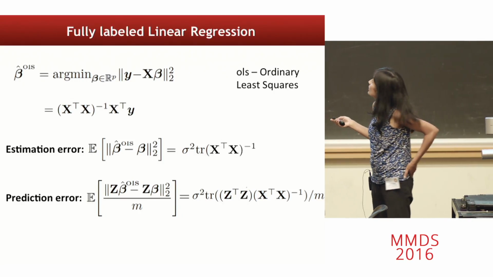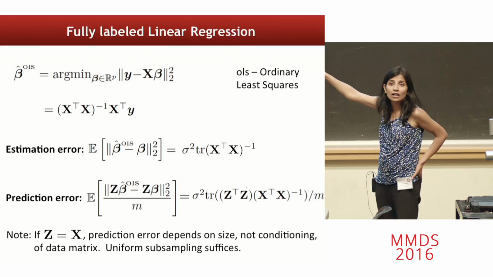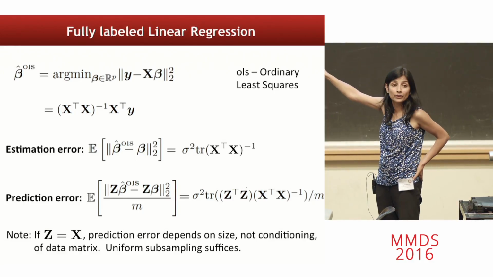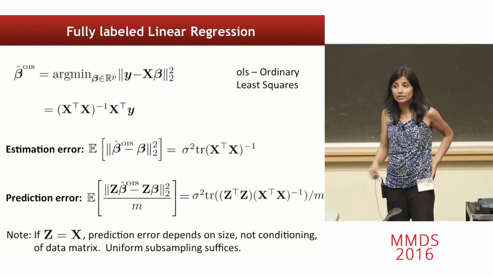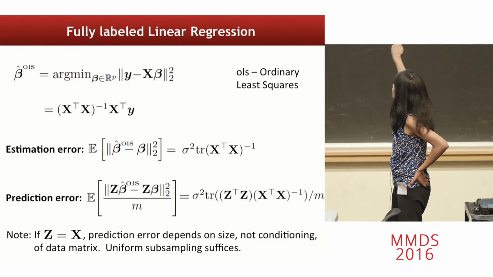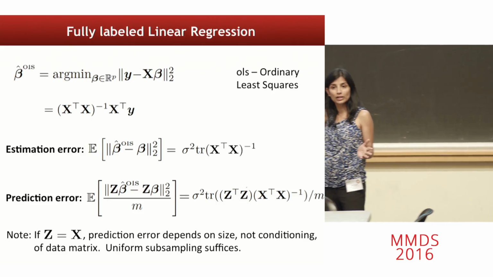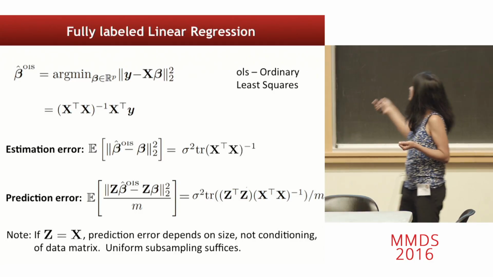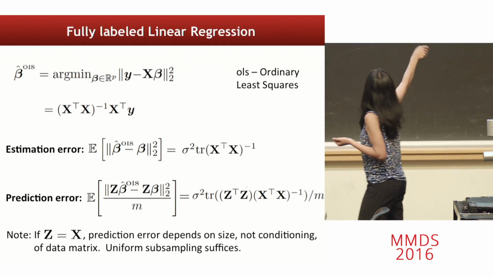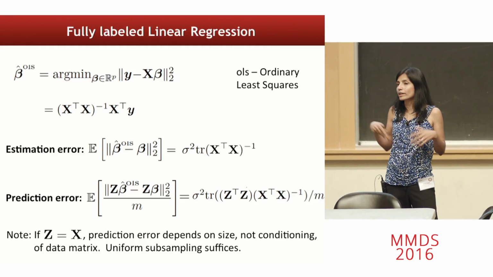I wanted to point out that these two problems are slightly different: estimation tends to be harder than prediction. One way you can see that is if my test points were the same as my training points, then my prediction error here is actually independent of the conditioning of the design matrix or the data points. It only depends on the number of them. So if I replace z with x, you just end up with p here. So your prediction error is just sigma squared p over m,